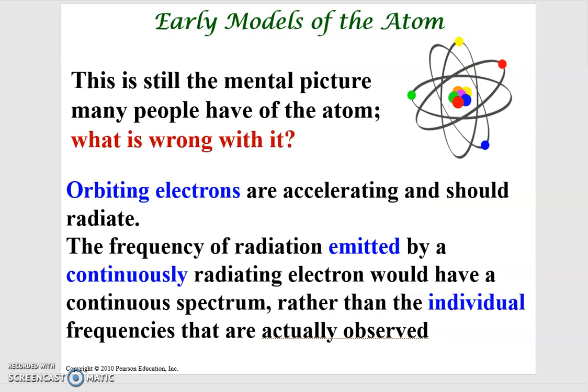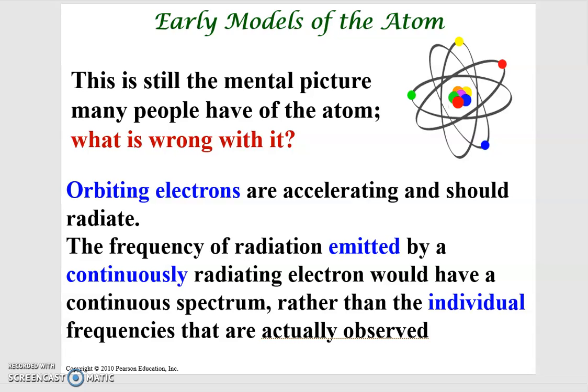So now, if this is the picture, what's wrong with that? Even the picture I provided you is incorrect. Even though most of the positive charge is at the center with the electron orbiting around it, do you remember that the electron carries the negative charge and the nucleus carries the positive charge? Positive and negative charges attract each other. So why will the electron continuously orbit around the nucleus without collapse?